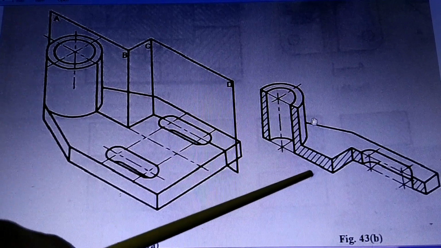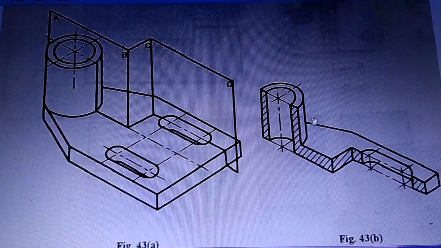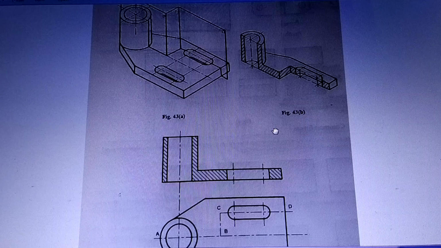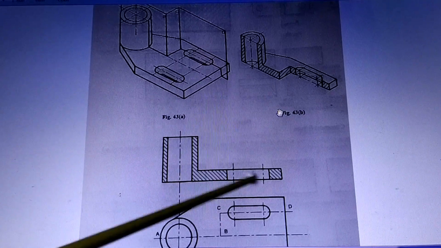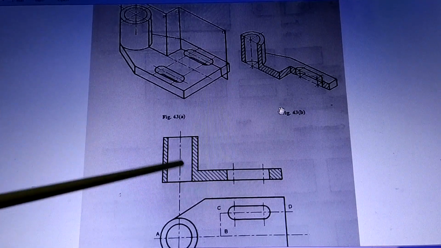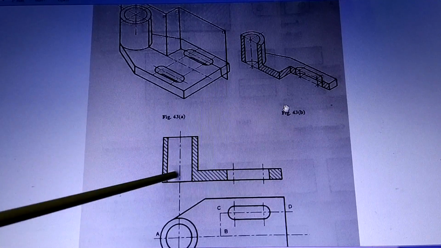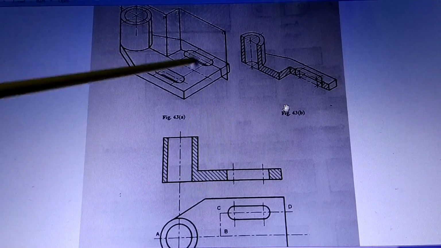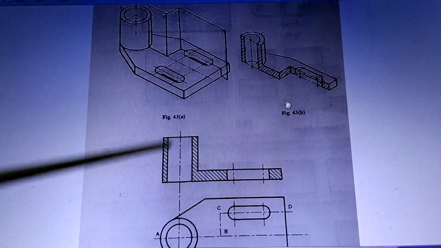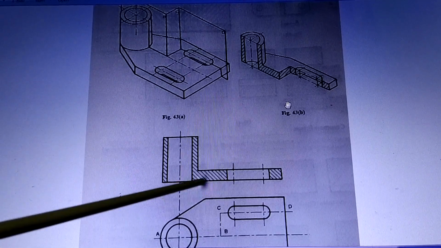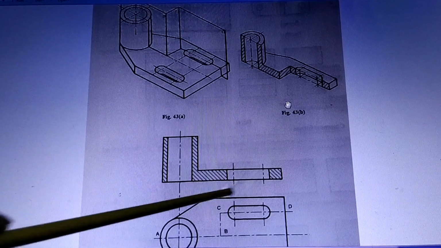Now in this condition, this is how the object will be seen. And when you draw this kind of an object in the front view, then the sectional front view will look like this. Now you will think that these are not in one line. One is here and one is behind. But still you have drawn section lines like this. Will it not be a mistake? Will it not be difficult to understand?